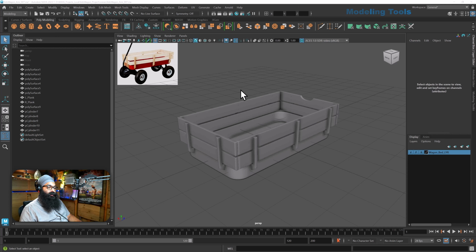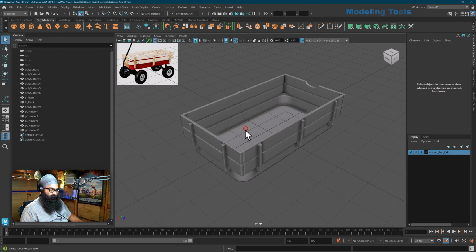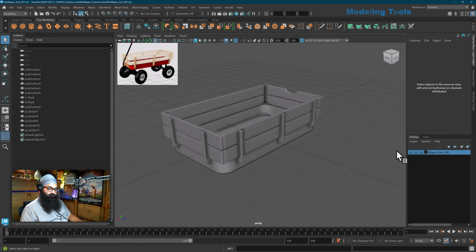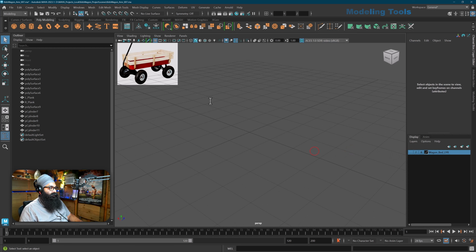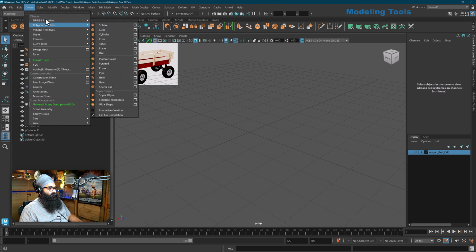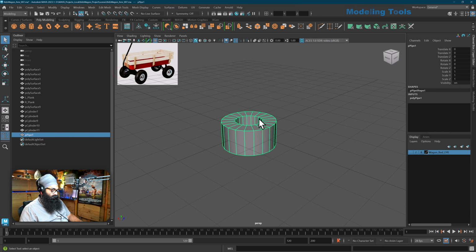Let's take a look at how to do the tire for the kid's wagon. I'm going to hide this bed so that it doesn't come in the way. It's already on a layer, so I'll turn that visibility off. Next, I'm going to go under Create, Polygon Primitives, Pipe, and then I'll rotate